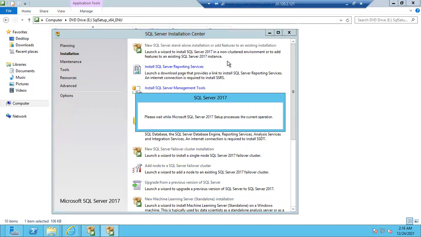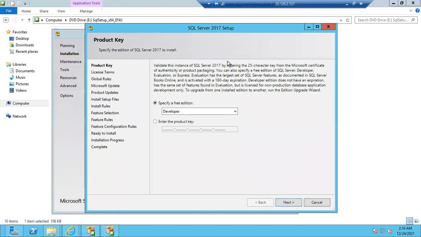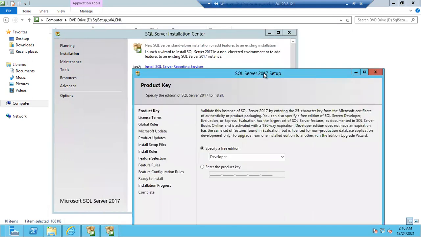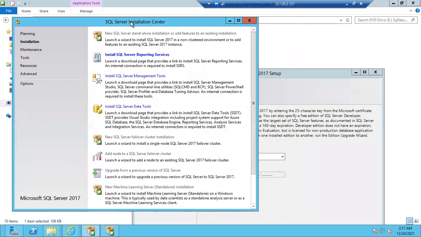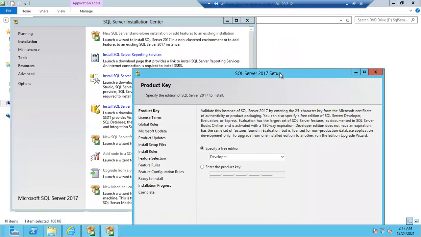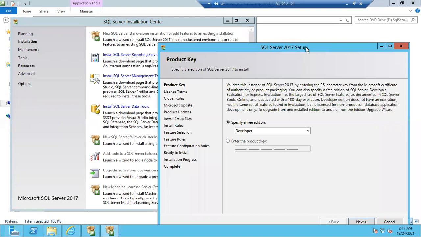Okay. So a parallel question for all of you. Can I install another instance now? Parallelly, can I install 2 instances at a time? You can see the screen and you can answer it. No, you cannot.